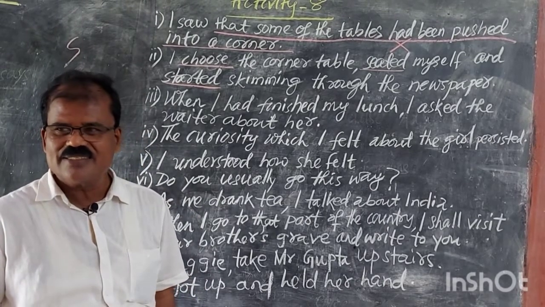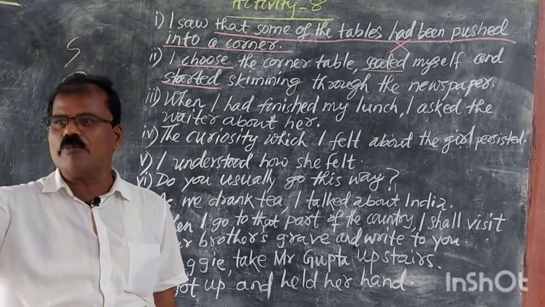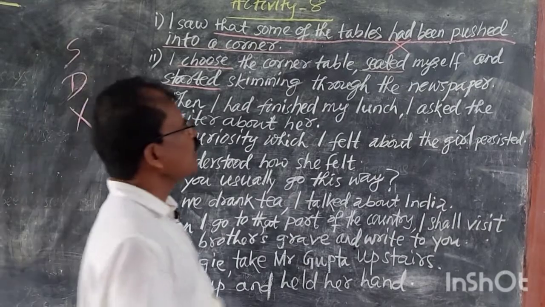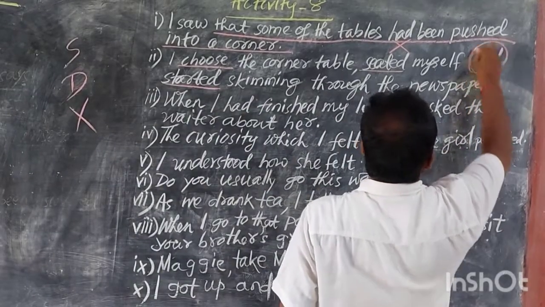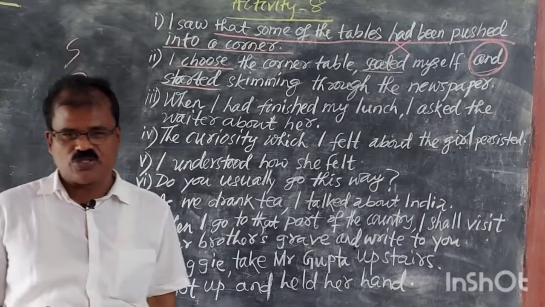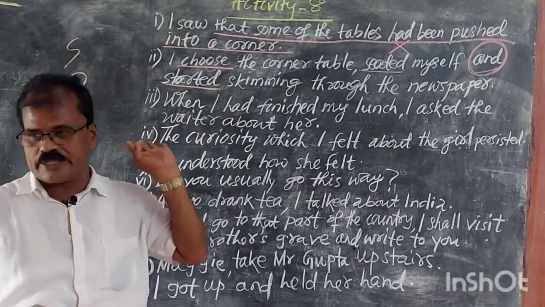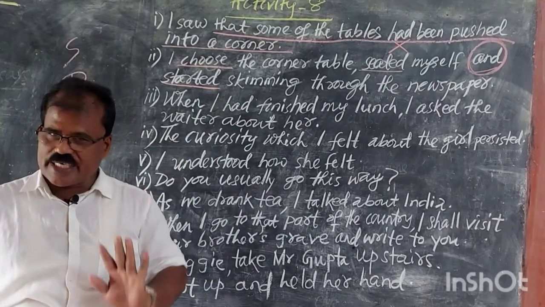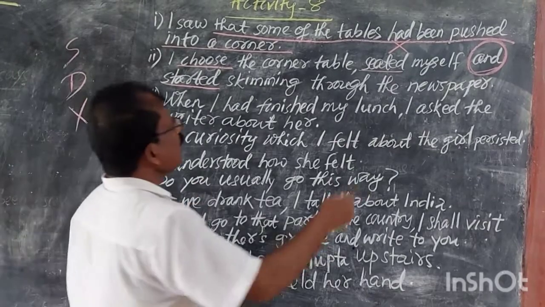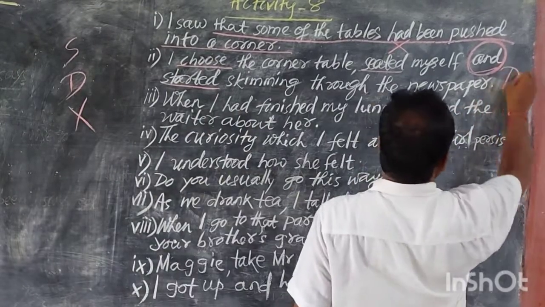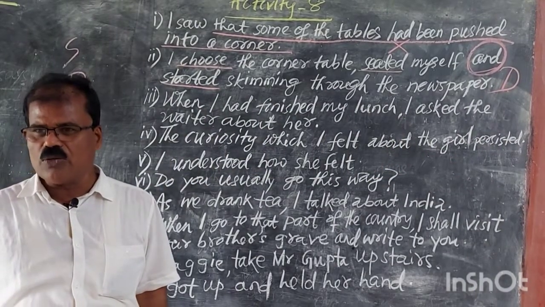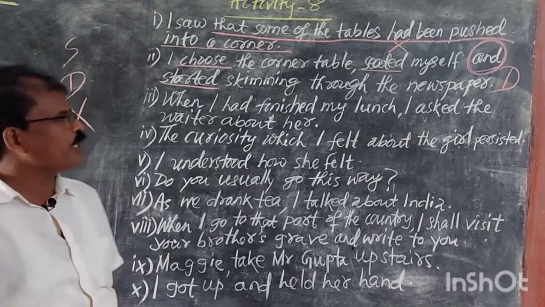Yes? Yes. Who is saying compound? How do you know that? Mark it. What is it? And is used to combine these 3 clauses. So and is a coordinator. It is used in compound sentence. So it is a compound sentence. So for compound we write D. Okay? Compound D. Last letter. Okay?